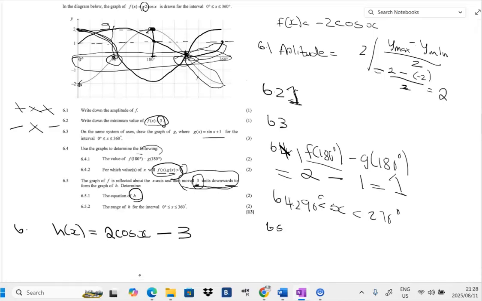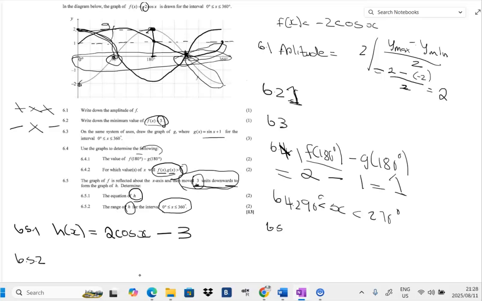This is 6.5.1. So let's go to 6.5.2. It says the range of h, determine the range of h for interval 0 to